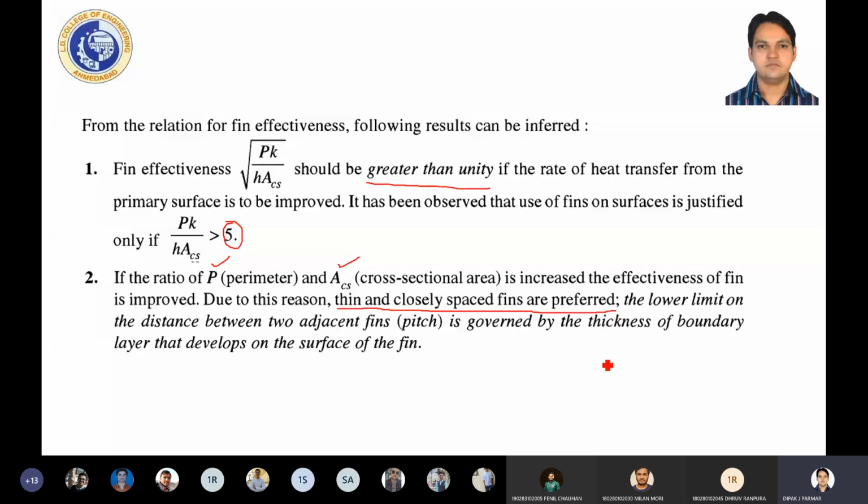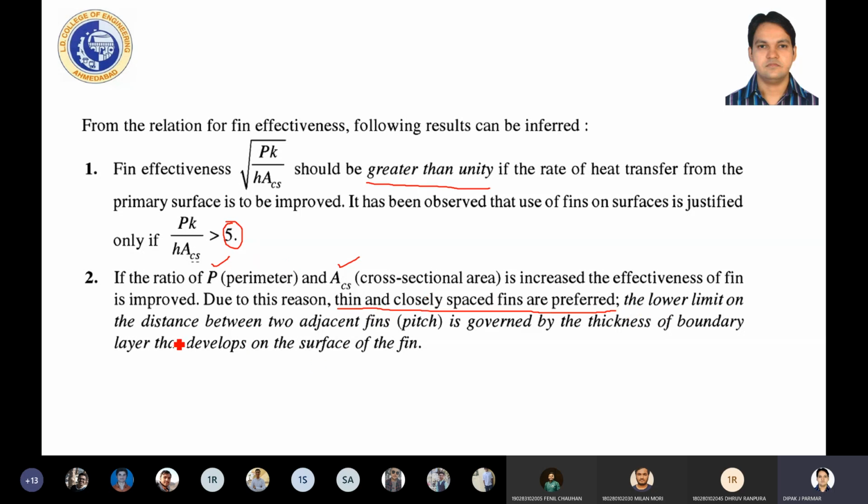If you have observed in the last lecture, we discussed the fins. I have shown you some figures. In one figure are your air conditioner evaporator fins and air conditioner condenser fins. If you see on your evaporator tubes, there are small thin plates which are spaced closely into a small space, so that your heat transfer rate will increase, so that the performance of the apparatus, means air conditioner, will increase. So that is why it's mentioned here: thin and closely spaced fins are preferable.